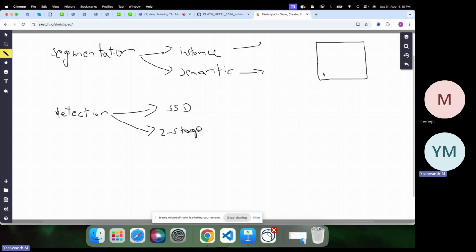Semantic is you need to assign a label, for one object, you need to assign one label. That's semantic. And here we have something like YOLO detectors,